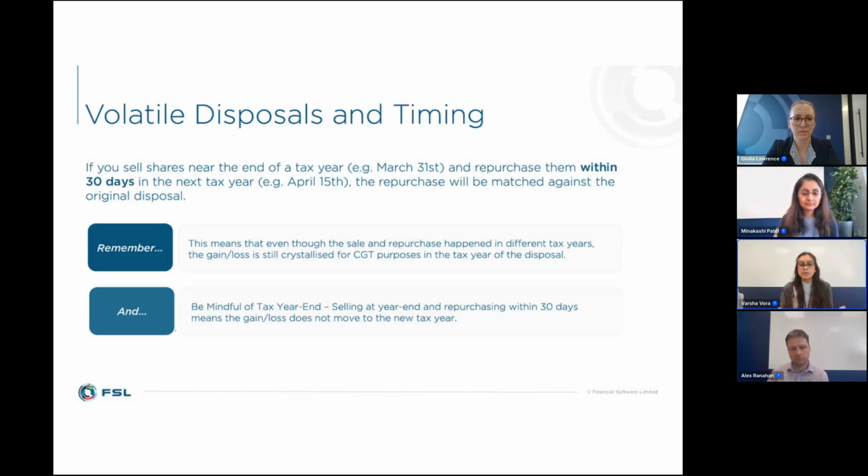The next one is volatile sales. With volatile sales and timing, it's making sure that you are conscious about the 30-day rules and repurchasing. So it's making sure that if you've got disposals and purchases that take place over 2 tax years, especially with disposals so close to the end of the tax year, when